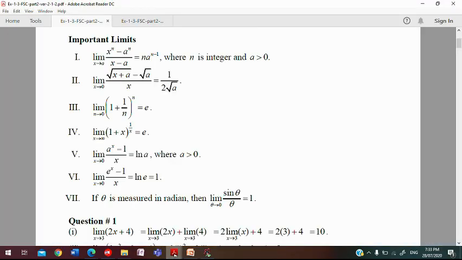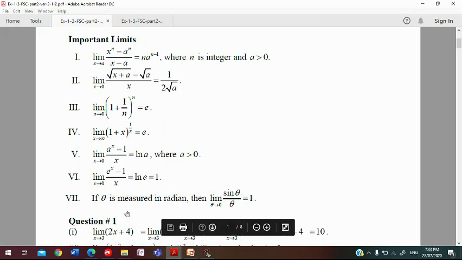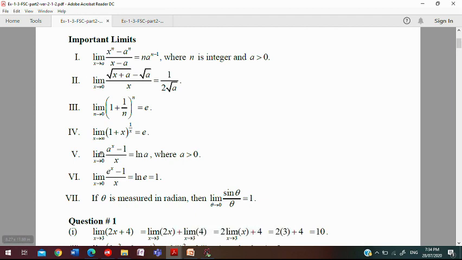Now these are the important theorems. We have already done the first one, second one, and the seventh one. These statements we have done already. And now today we are going to prove the rest of these four theorems: 1, 2, 3, and this one is the fourth one. These are very important theorems, and definitely today we will prove them. Okay, we will start.